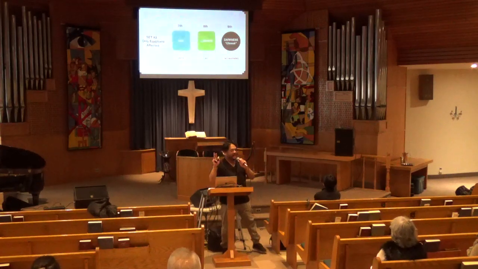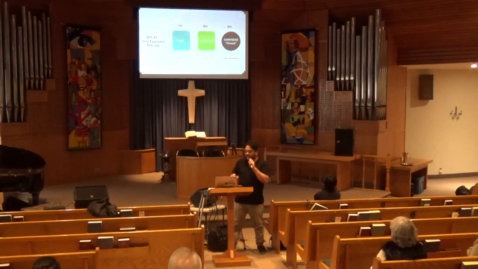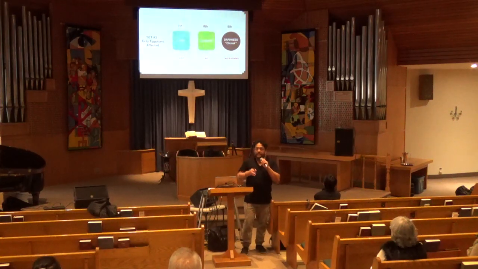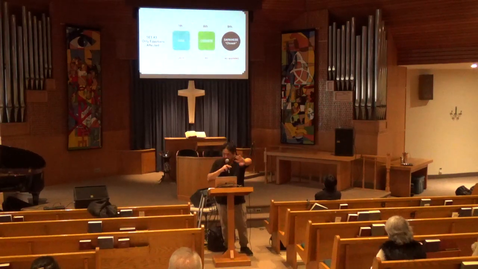Next, the last three, the last set. You have the hail, the locusts, and the darkness. And here we see God making a distinction between the land of Goshen, where all the Israelites were dwelling, and the rest of Egypt. Okay? Goshen was part of the large territory of Egypt.